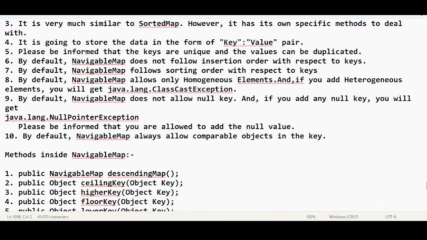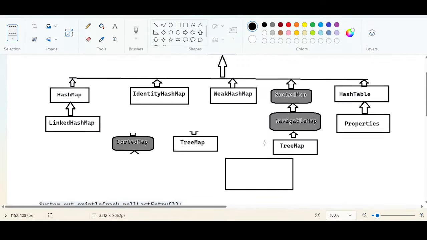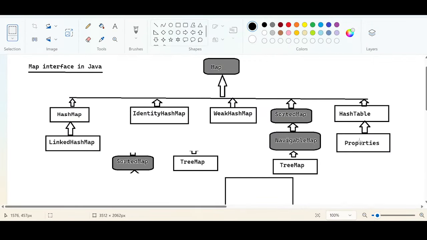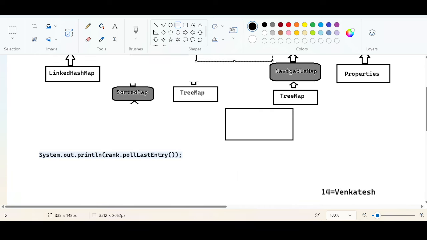Tomorrow we will complete TreeMap, because it is going to take a lot of time. We need to understand the internal things of TreeMap. Then what else do we have after TreeMap? We have Hashtable, and we have property files, and we have the cache. Then the collection topics will be over. Do you have any questions for me? If you have any